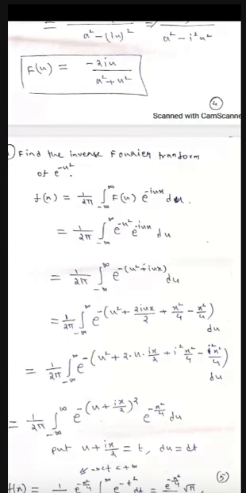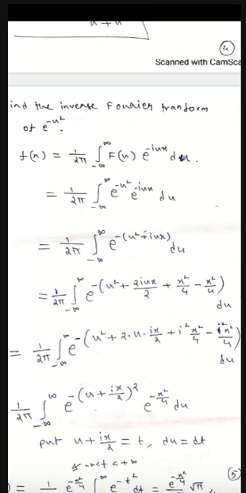What is that? See here, the first term is u square as it is. The second term is iux. In the place of iux, I will make something, especially multiply by 2 and divide by 2. The 2 gets cancelled, you get the same previous term. And also I add and subtract x square by 4. You just cancel x square by 4 minus x square by 4, and you will get the same previous one. So that's the reason. Minus as it is, u square as it is, 2u ix by 2, plus, see that, minus x square by 4 is there, the last term.